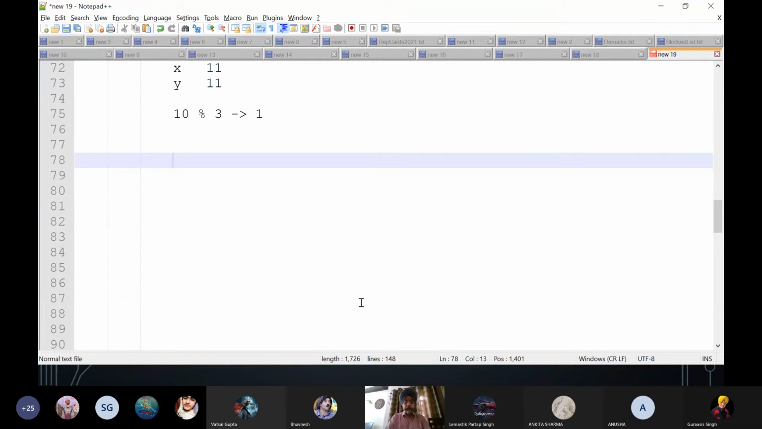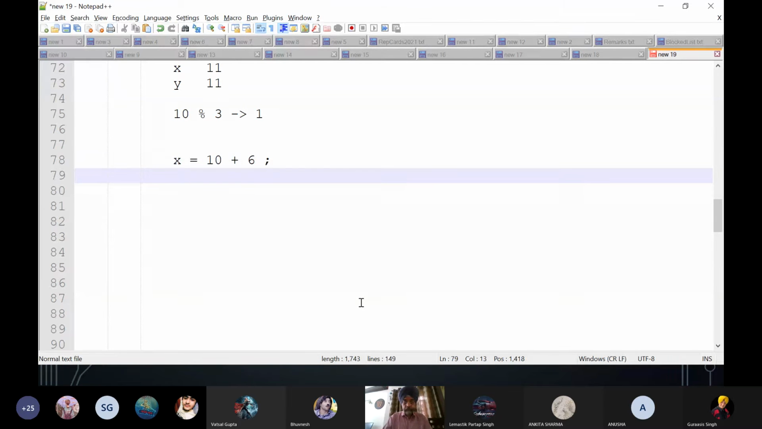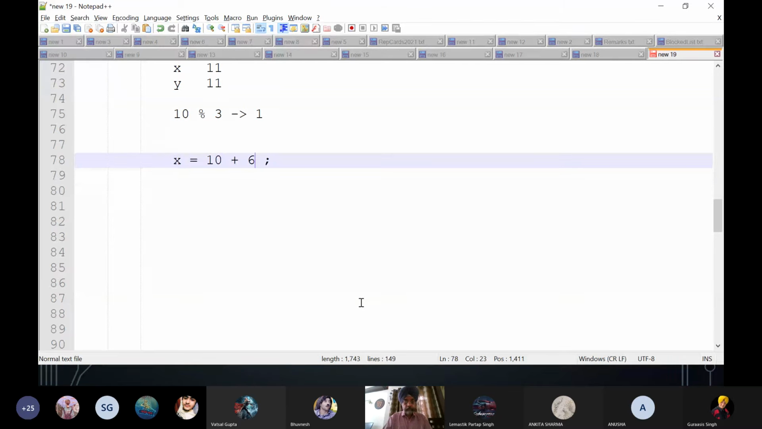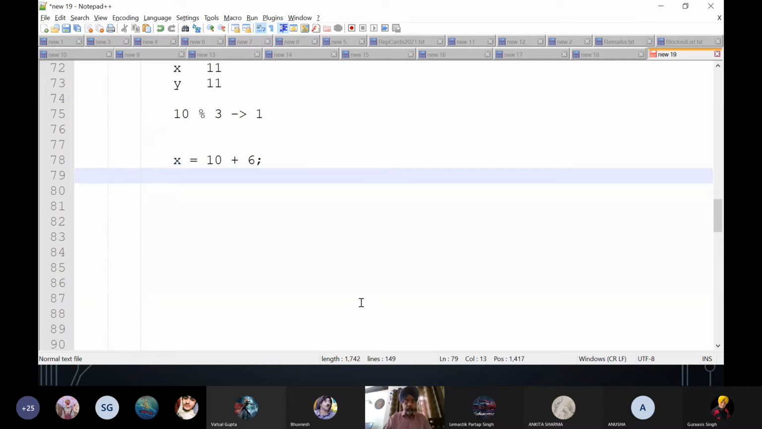Can you tell me what happens if I write this expression? Say this expression. What is the result of this expression? So 16. Not a very difficult question, isn't it? Okay, now what happens with a ternary operator is